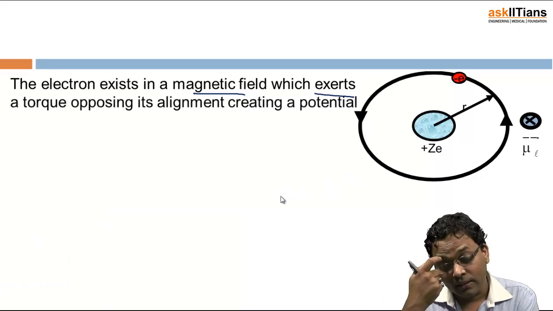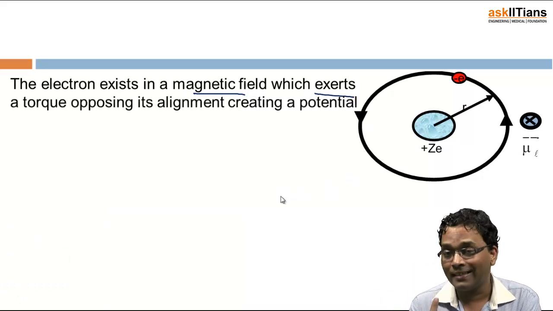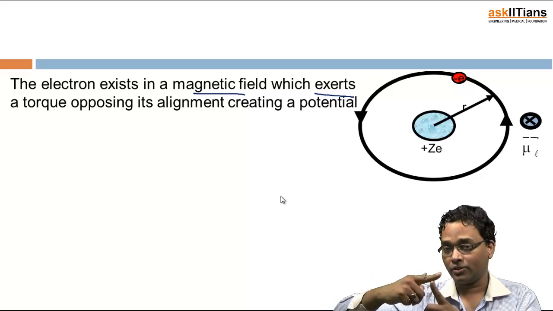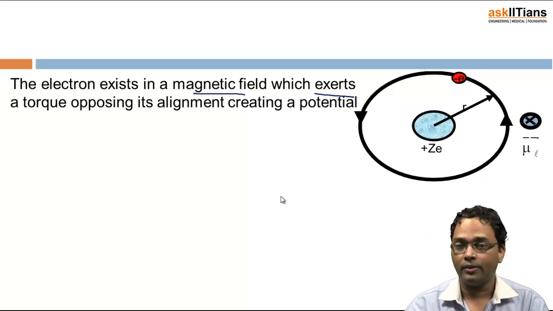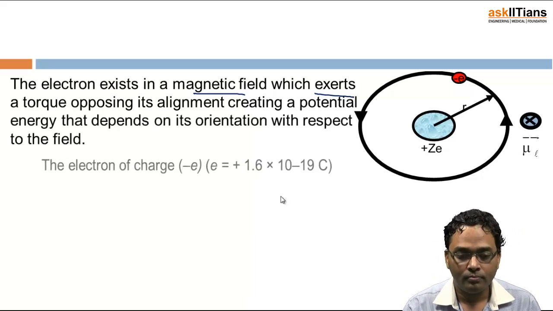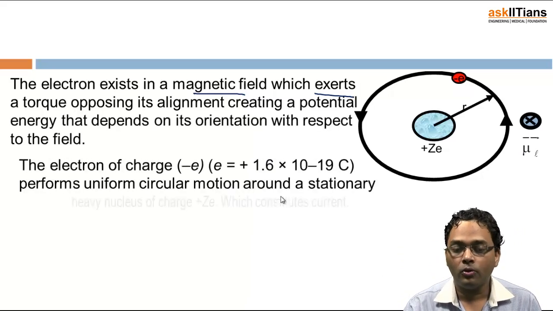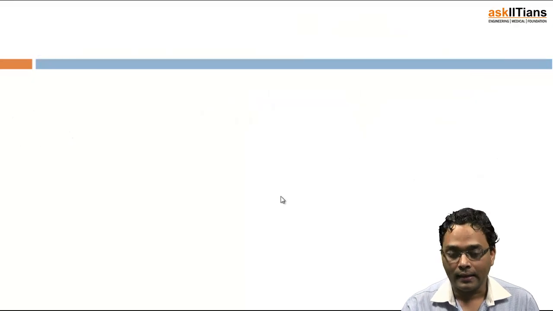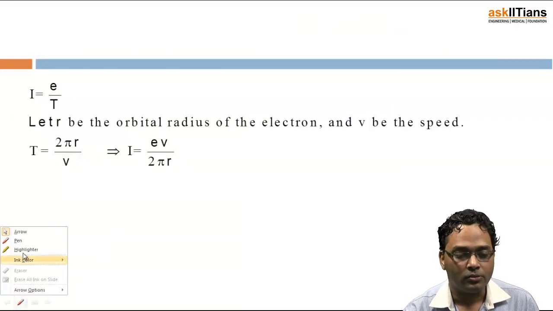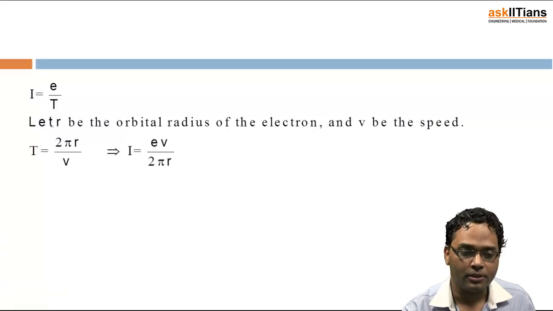There is going to be a torque exerted because the force on it is changing at every instant of time, and the radius is perpendicular to the direction of force. At every instant of time, this is how it is moving. So there is a torque that exists on it. As a result, if you want to find out the current that is produced, it is given by a very simple expression, I equals